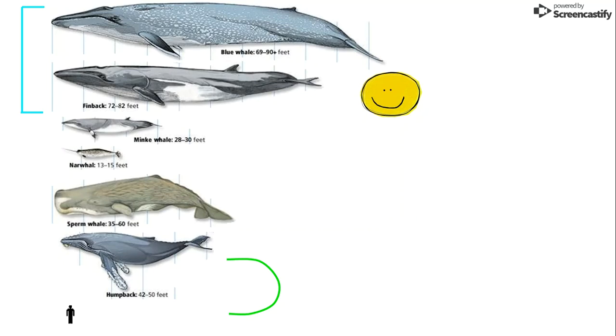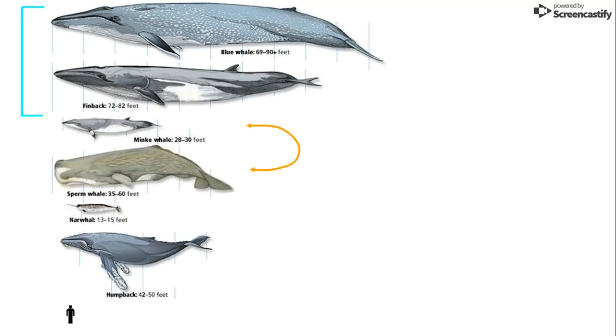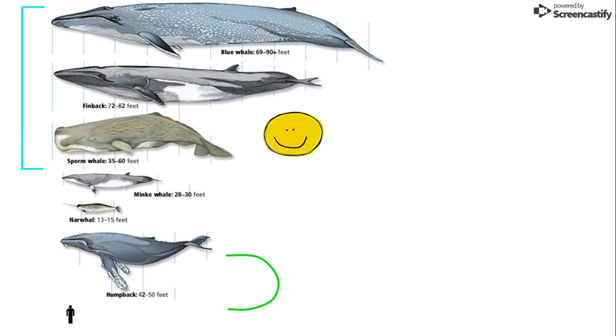The human and the humpback are in the correct order, and so is the sperm whale and the humpback. Those are also in the correct order, but the narwhal and the sperm whale are not in the correct order, so we must swap them. And the sperm whale is also bigger than the minke whale, so we must swap these 2 elements. Alright, we only have 4 more whales to sort,